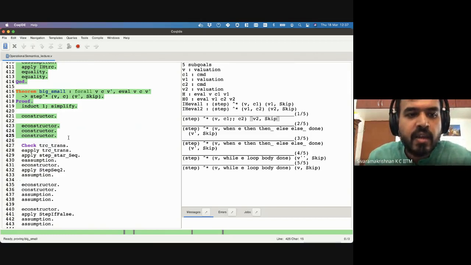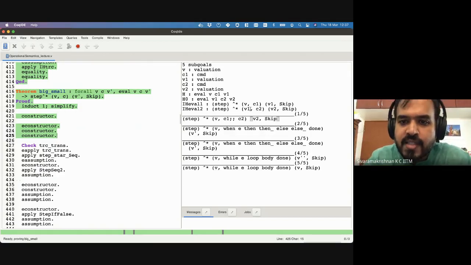Okay. This is a bit interesting because what we are showing here is that we can take multiple steps from C1, C2 directly to skip, right? But the induction hypothesis says C1 executes fully to skip and C2 executes fully to skip. And when you evaluate C1, you get V1. When you evaluate C2, you get V2. The thing to note here is that